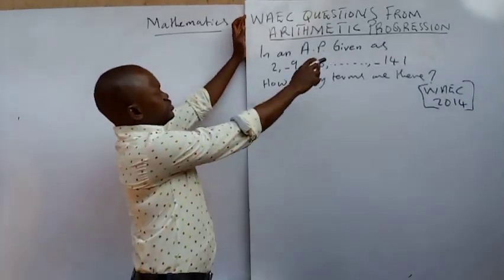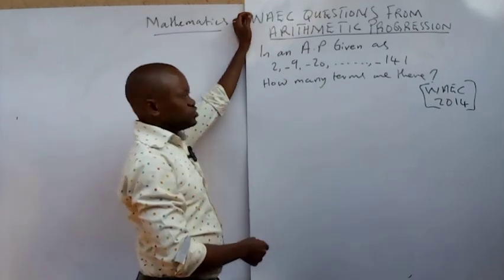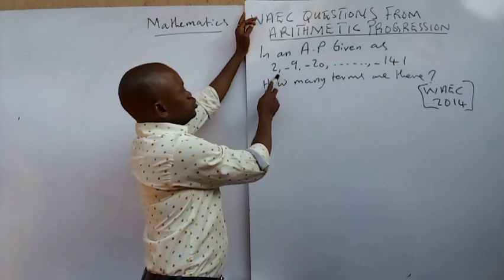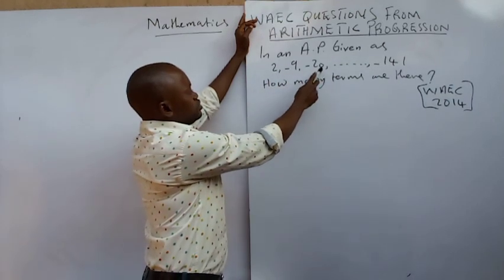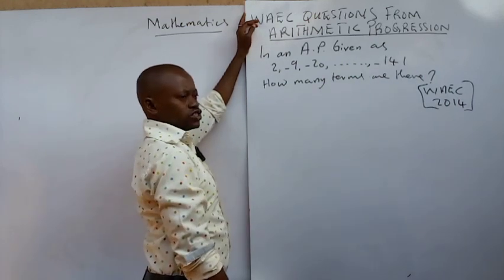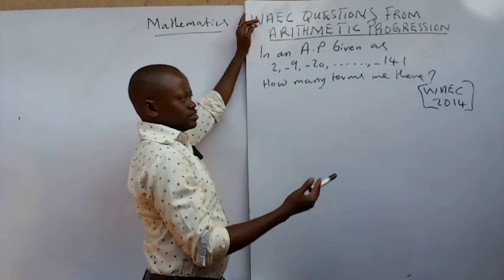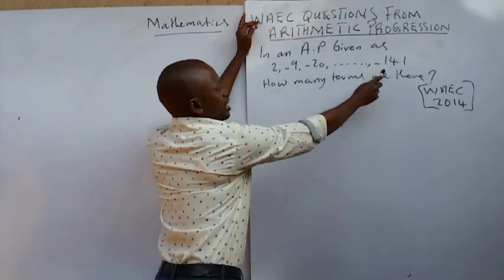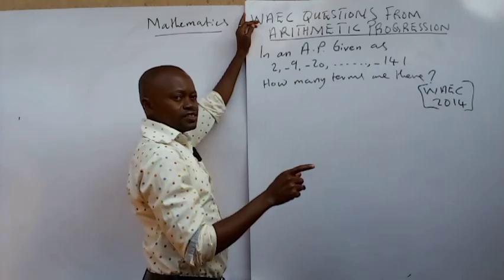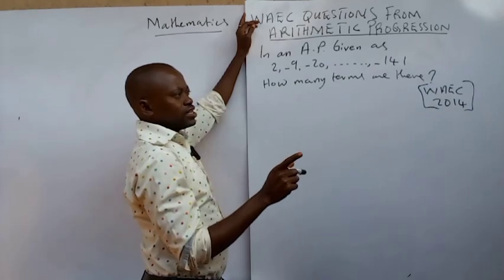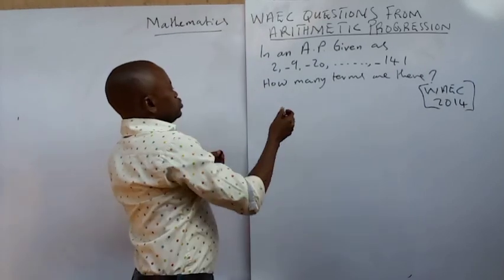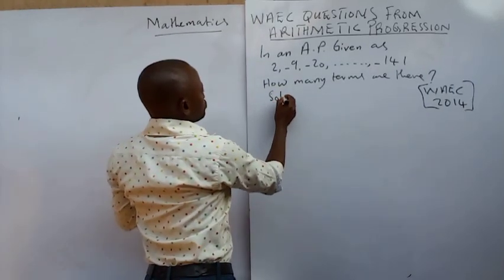Now, this question says, in an arithmetic progression, we have this information: 2, minus 9, minus 20, dash dash dash, to minus 141. The question is asking us, how many terms are existing there? If you are careful, you will understand that the question is asking you to find the value of n. So you say solution,